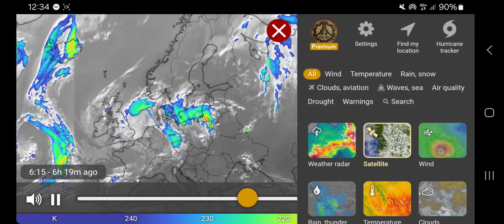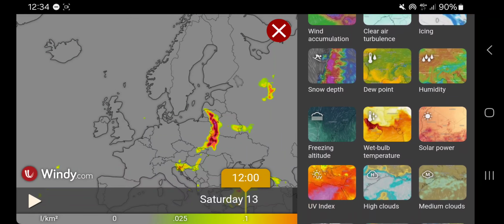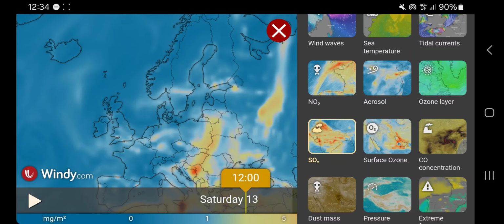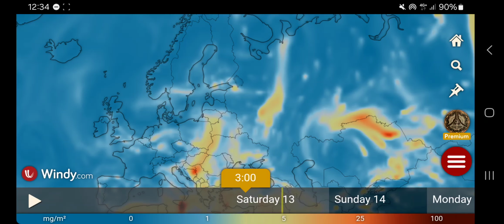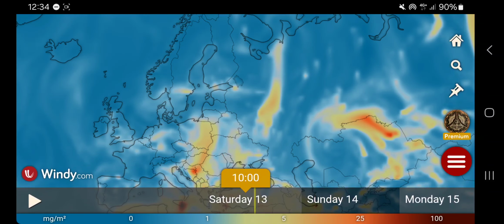Now we go over to SO2. Sulfur. We are looking at approximately the same regions where we have the thunderstorms. So this is in a way the summer version of the influence of the sulfur in our atmosphere, because if it would be winter, sulfur